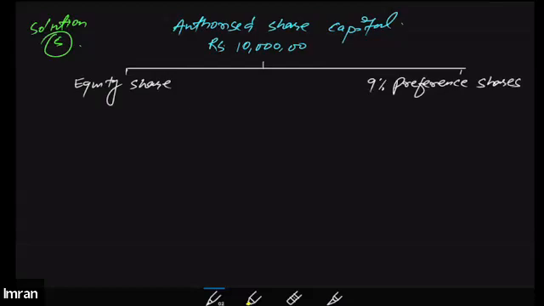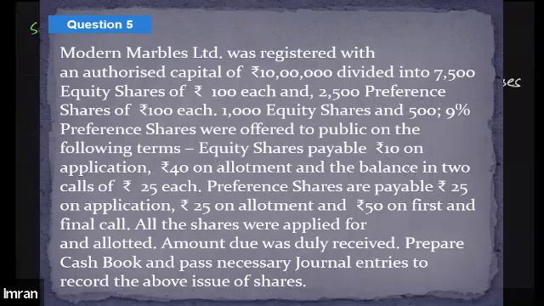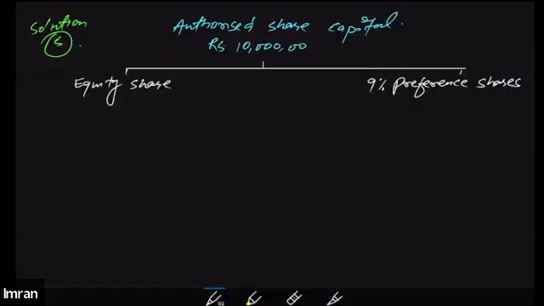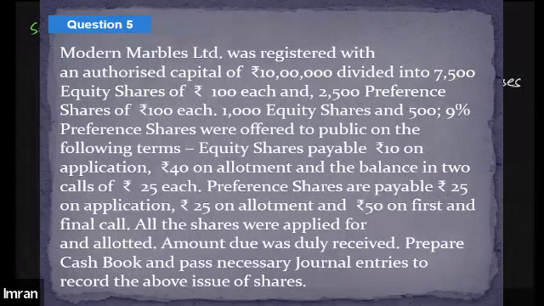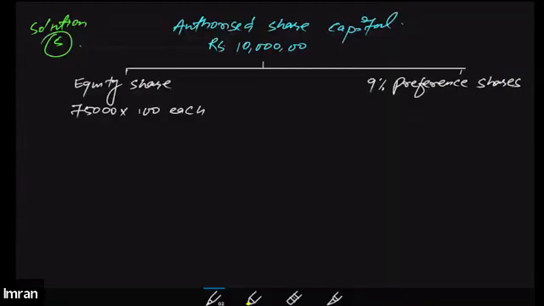Okay, and equity share is of 7,500. Total equity shares are 7,500, having the face value of 100 each. That means 7,500 equity shares of rupees 100 each. So that means total, not 7,500, it should be 75,000. Yeah, 75,000. So that simply means that equity share is of 7,50,000